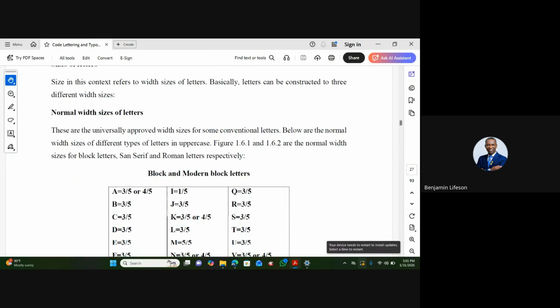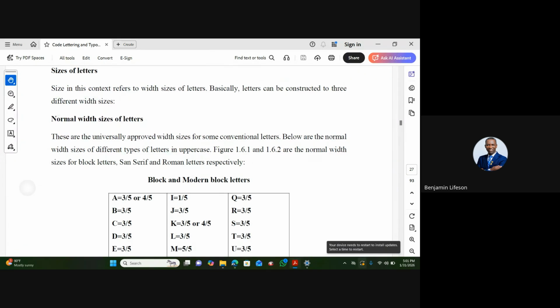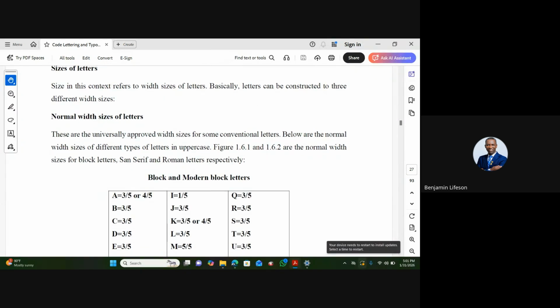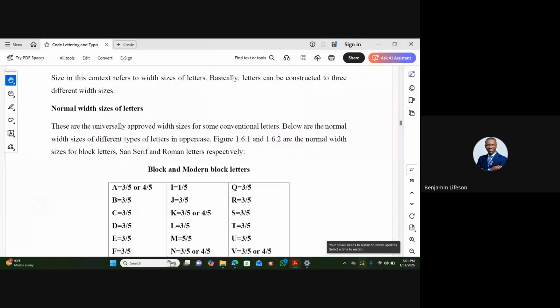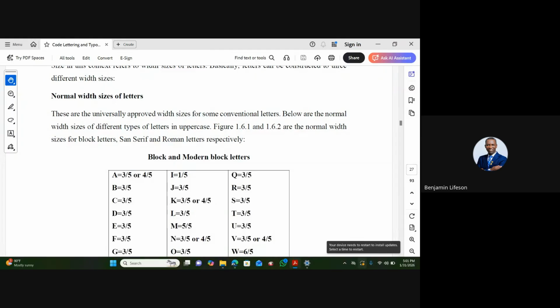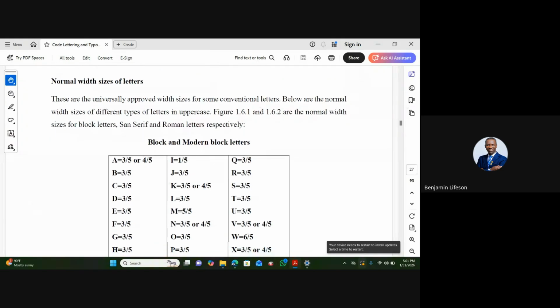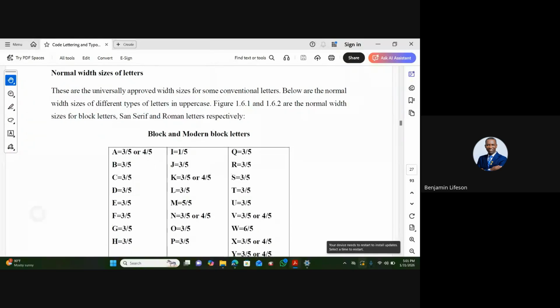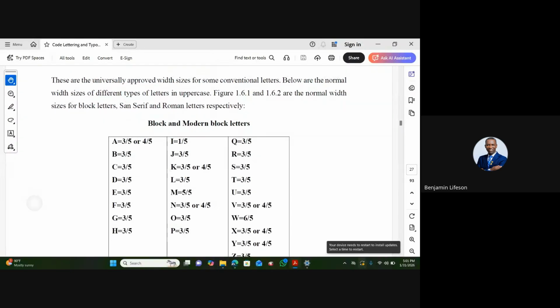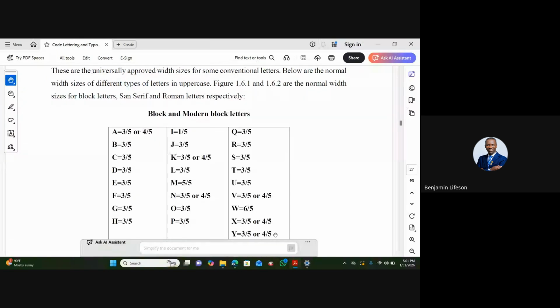The normal width size of letters are the universally approved width sizes for some conventional letters. Below are the normal width sizes of uppercase letters. So let's look at the normal width size for block letters. Letter A will take